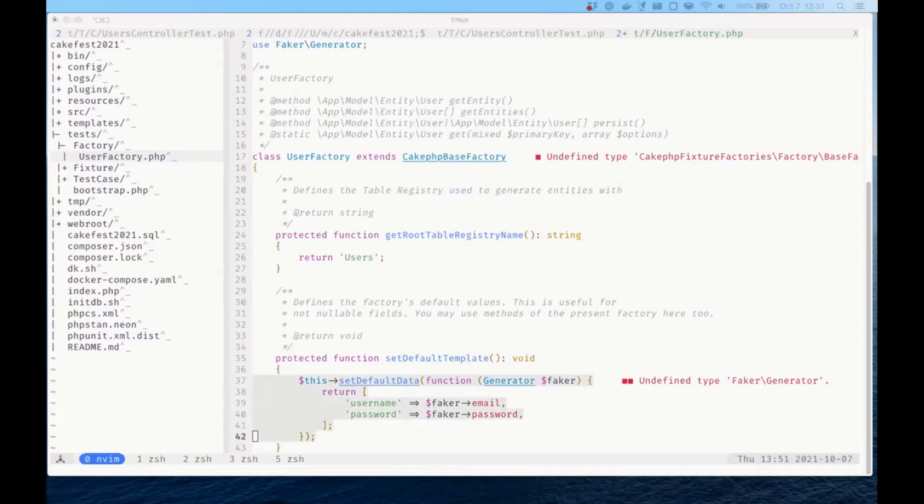So getting to the root of what fixture factories let you do is they let you define a default template for your records. So when you want to generate a bunch of records, you can ask Faker to give you random emails or random passwords. So this gets you pseudo-random data to put in your database, which you can use inside of your test scenarios. One of the benefits is that you don't have to have all the static fixtures set up. You can also define different pre-baked sets, so different scenarios inside of fixture